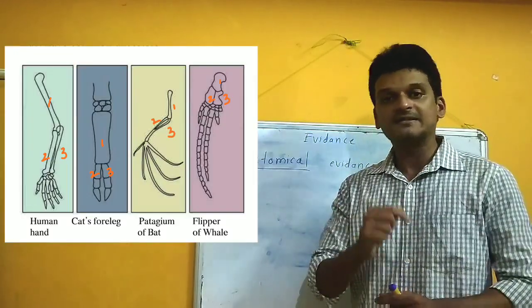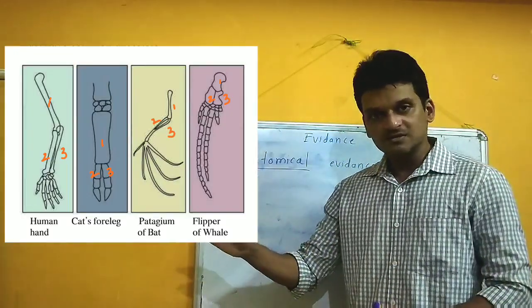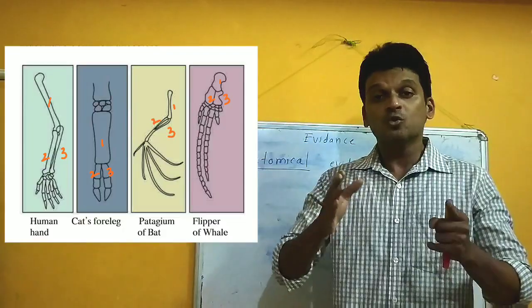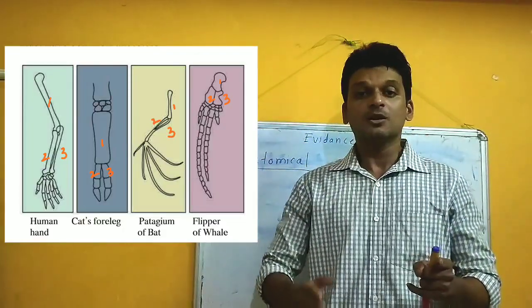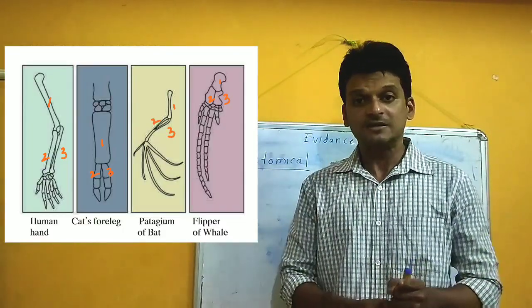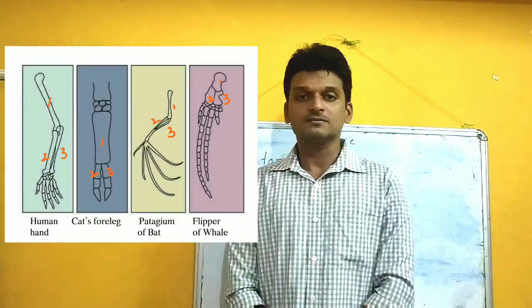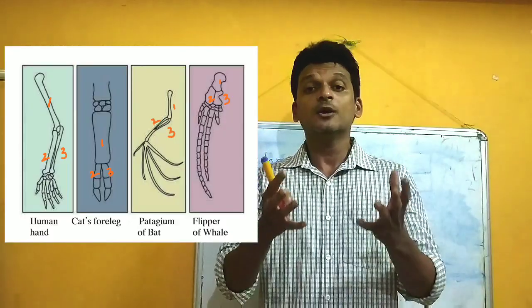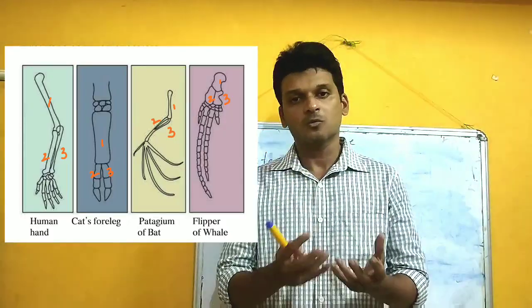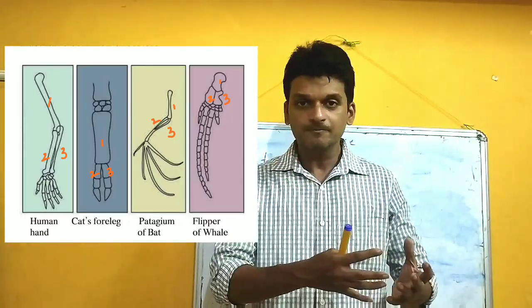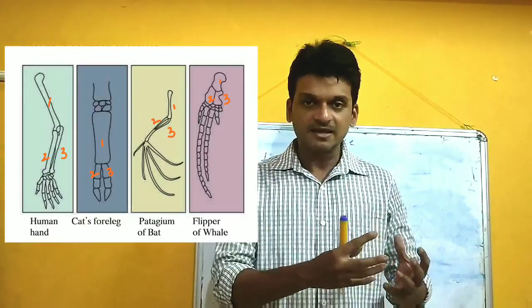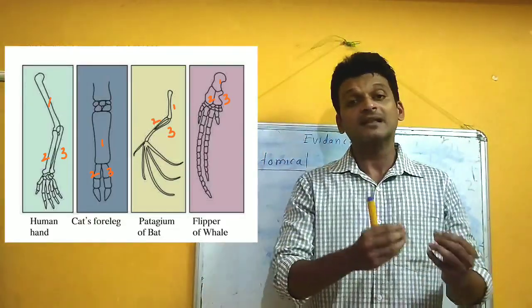It indicates that though all four animals look different from each other, though their arms look different from each other, though they perform different functions, still they have some basic structure that is common in all four organisms. Now, the question is why they have taken such different forms? Obviously, they live in different environments, they have different lifestyles, and as per their environment, as per their lifestyle, they